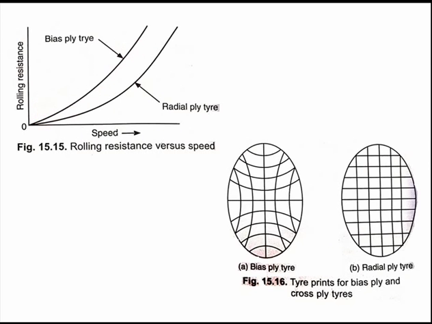Okay, so that is the difference between the radial ply and bias ply. According to the tire type, we can see that the radial ply type provides more grip on the road, and radial tires are the best for cars. The tendency toward discomfort is there, though. The tread grooves do not close on wet roads, so water removal is better on the wet road, which improves the performance of the vehicle.